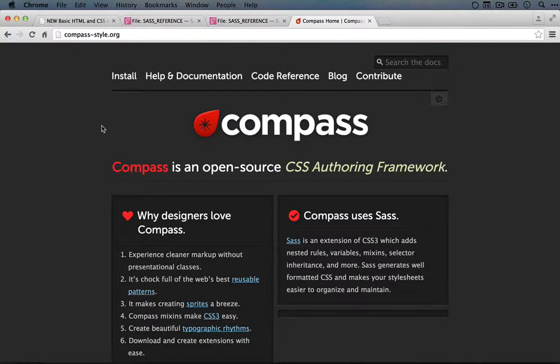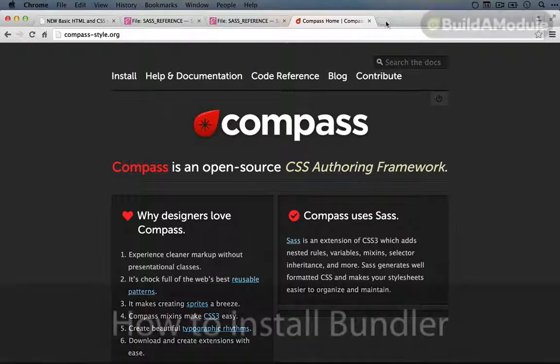Now, we'll talk more about those implications later, but I just wanted to explain that if you've dabbled with Sass and Compass in the past and you're wondering why we haven't used Compass now, it's because there's a shift in the front-end world to omit using Compass whenever possible because of the reduction in dependencies and the speed at which you can render Sass. If you use just plain Sass, then you have some other tools available to you that you don't have if you integrate Compass. Okay, I'm going to close this out.